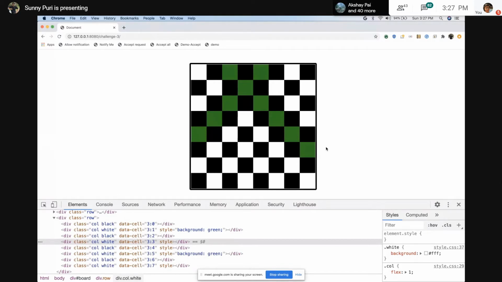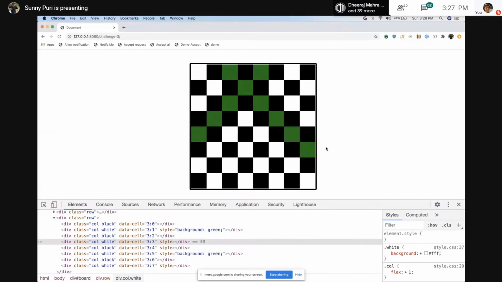Is it better or worse to store all the highlighted cells in an array? Yes, it depends on the use case, but in this case I say there is no need to store them, because you use some extra memory, right? It totally depends on the use case. In this case, I think storing the highlighted results is not the better option.